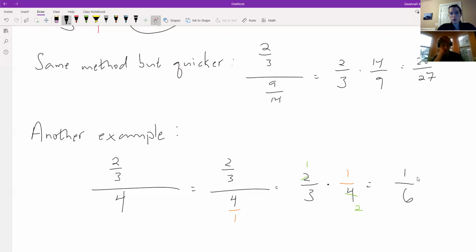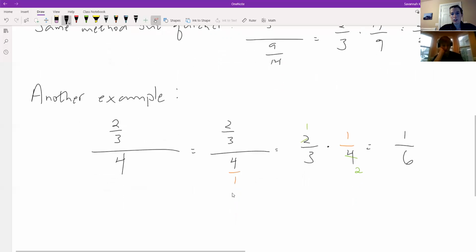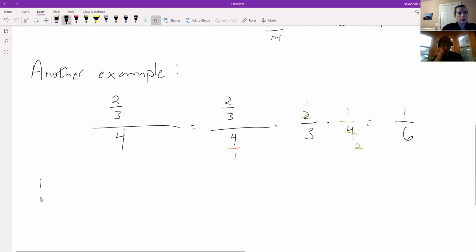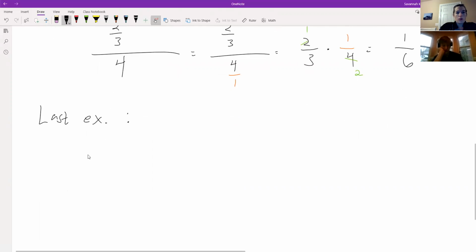So my pre-reduced fraction. Just to show you, this is still considered a complex fraction, even though at first glance the 4 seemed to be a whole number. It really is a fraction in disguise. And then the last example, and then I have to go help Matthew with something real quick. Last example before we get into the algebra. What if I had